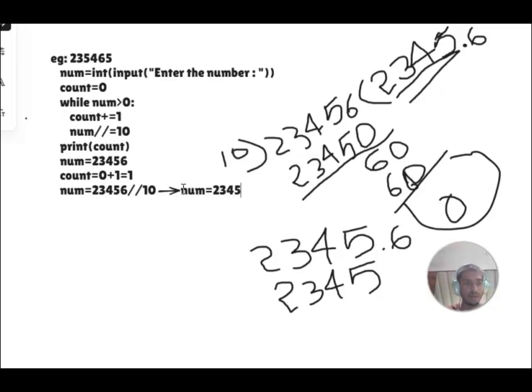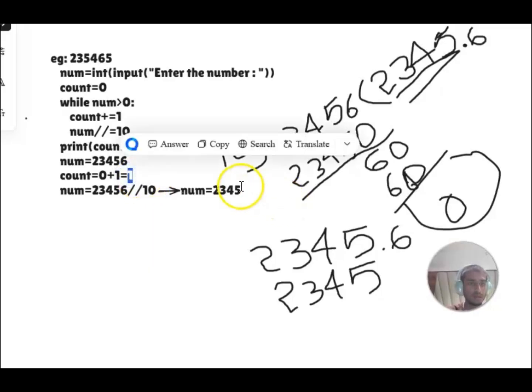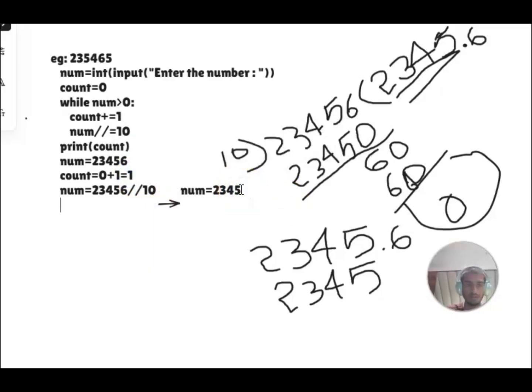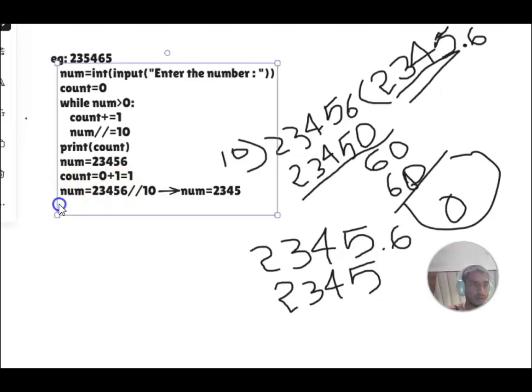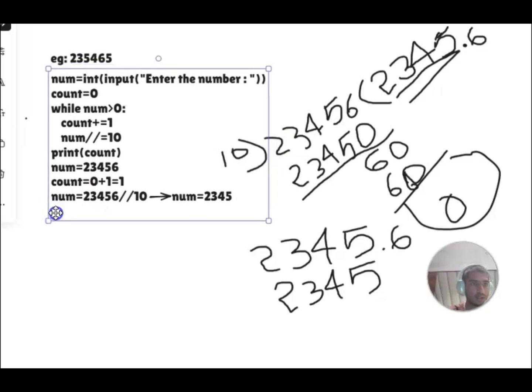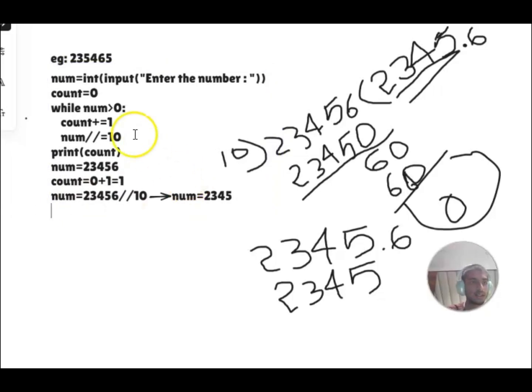2, 3, 4, 5, and the count becomes 1. Similarly, step again, it checks the while loop. So again the condition is going to be true. So it is going to run again. So the count will be this time 2 and becomes to the